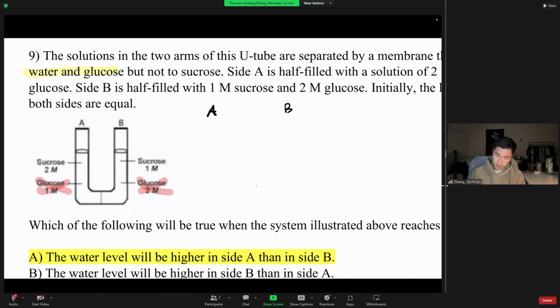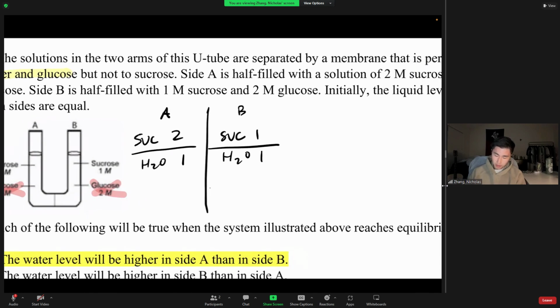A and B right now. We have a sucrose concentration of 2 and a water level of, let's just put an arbitrary 1, right? Because the water levels are balanced right here. And then on side B, we have sucrose 1, water 1, right? Well, the final concentration of sucrose to water on side A right now is 2. And then on side B, it's just 1,